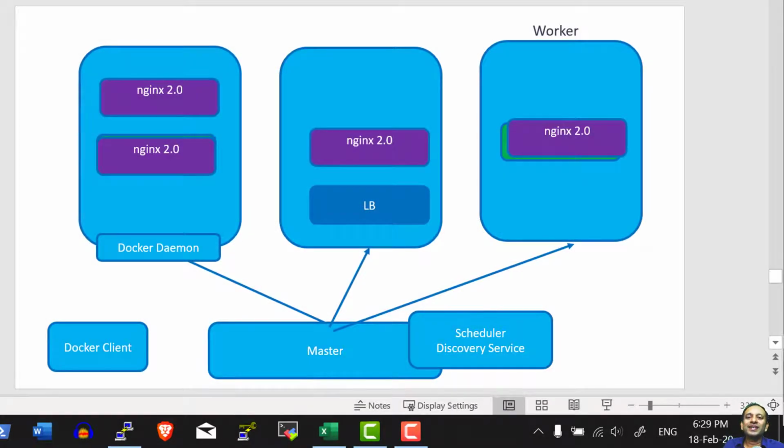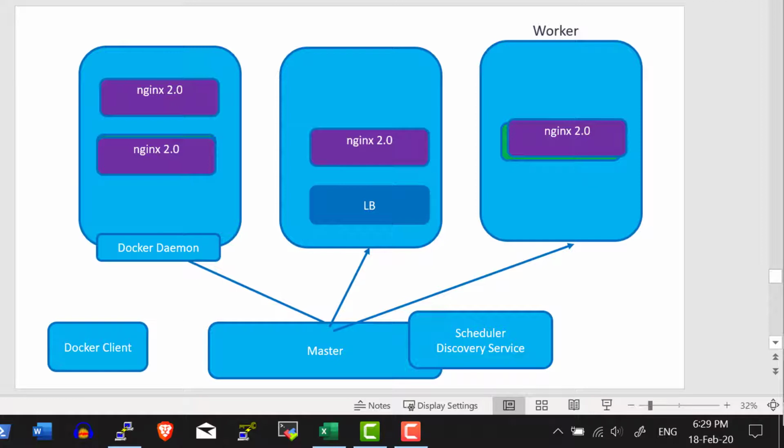Hi, let us understand the concept of Docker Swarm locking. Within a Docker Swarm cluster, the communication between the master and the nodes will be encrypted for security purposes. Whatever data is getting encrypted, the keys used for the encryption need to be protected. For that, a feature introduced in Docker Swarm is called locking the Docker Swarm cluster.